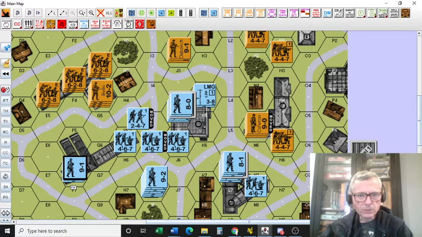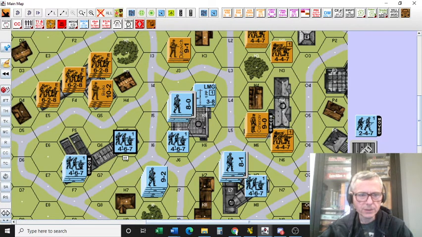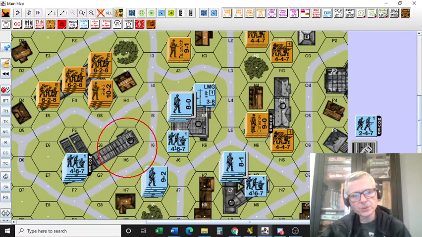Okay, so what most German players do is they stack everybody here, so the Russian player has no opportunity to fire on any German squad. And what Michael has been saying is that,